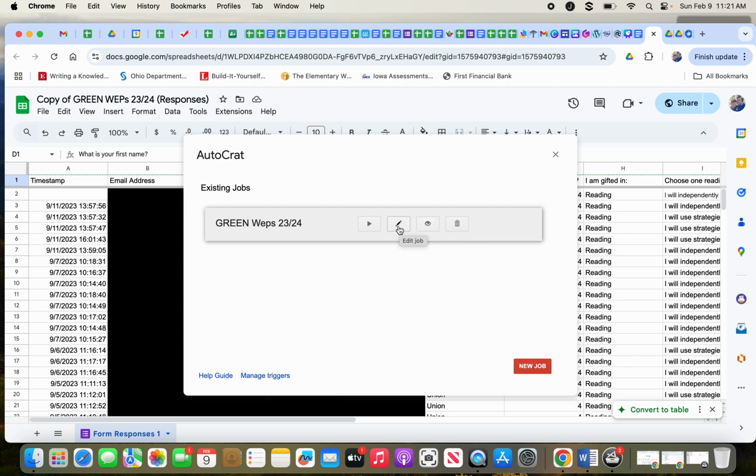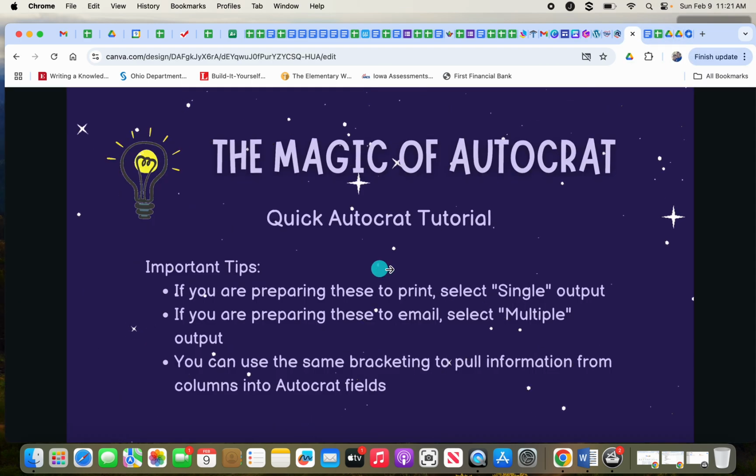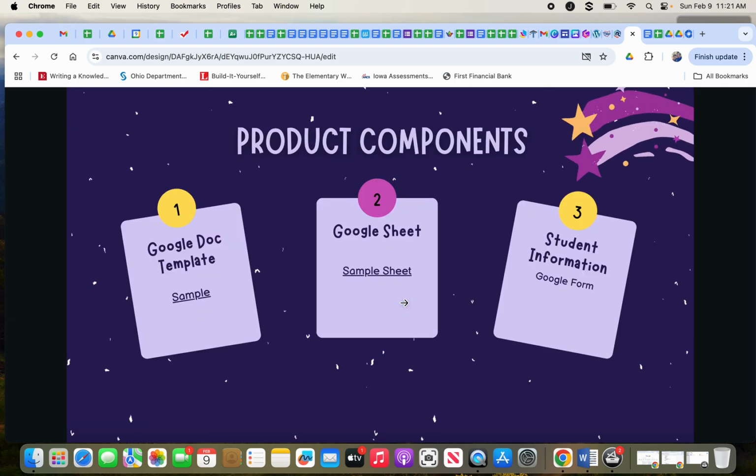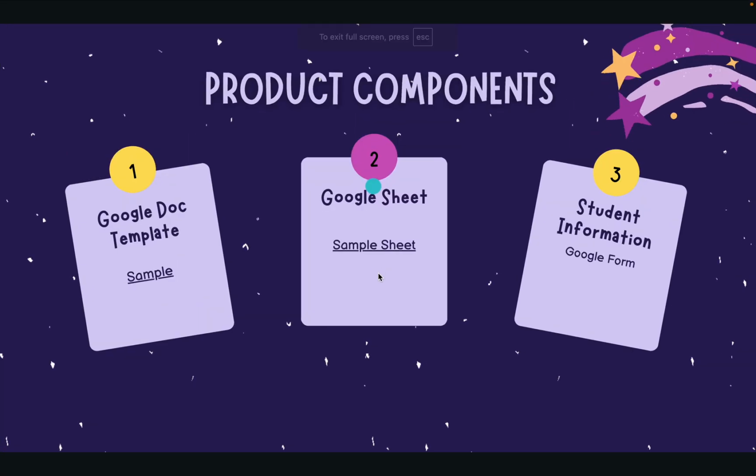This little button is edit, so many times after I hit preview, I then have to go back and hit edit and adjust something based on an error that I've seen in the way the job runs. Another great thing about this process, and I'm going to go backwards to this sample sheet,